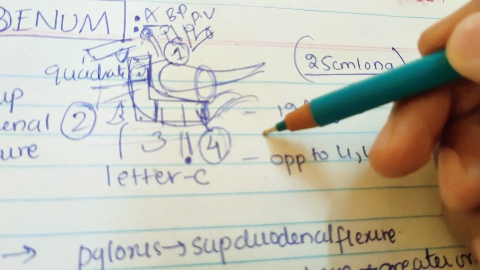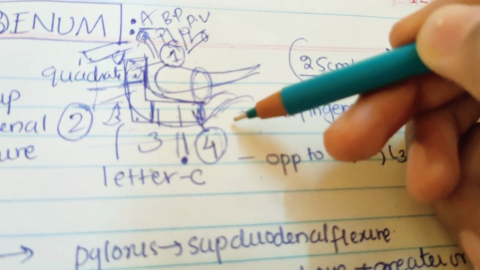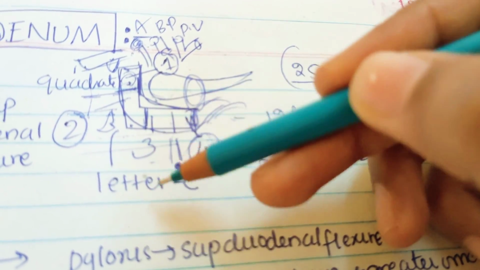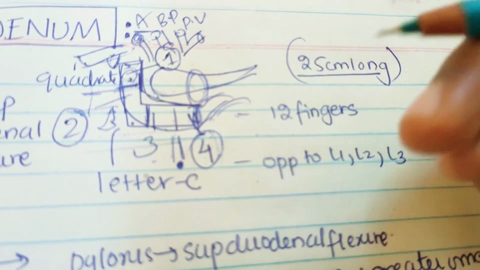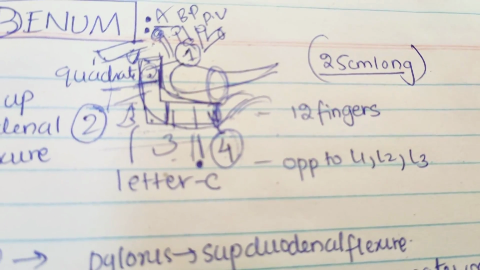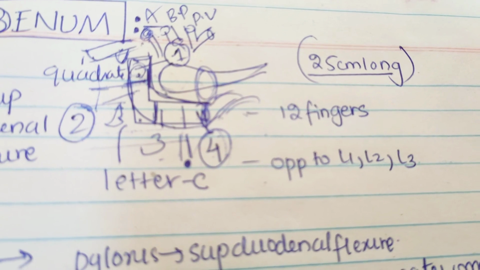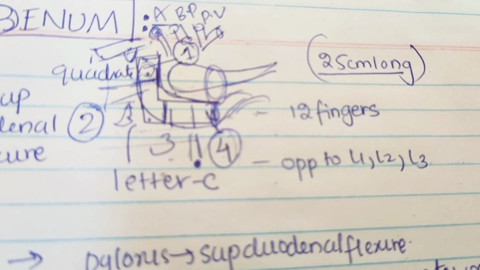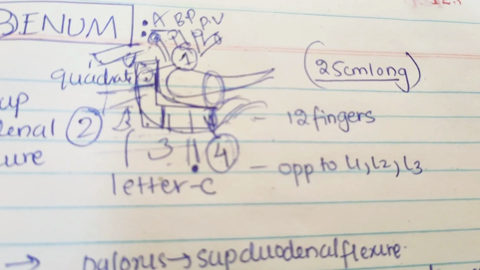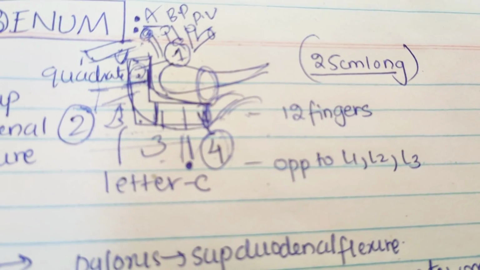Remember, to the right side it will have the upper part of the root of the mesentery, to the left side it will have the left kidney and left ureter. So these are the relations of the fourth part of our duodenum. Hope you understood this. And the next